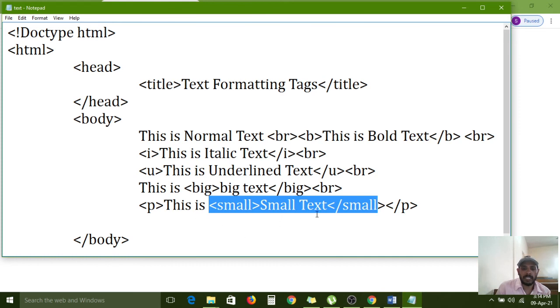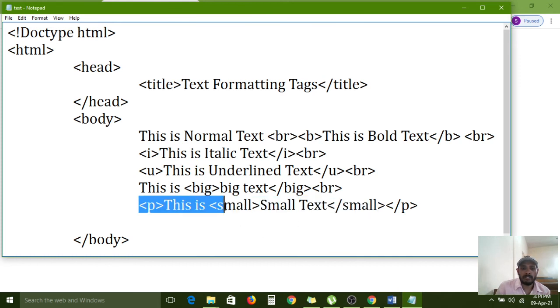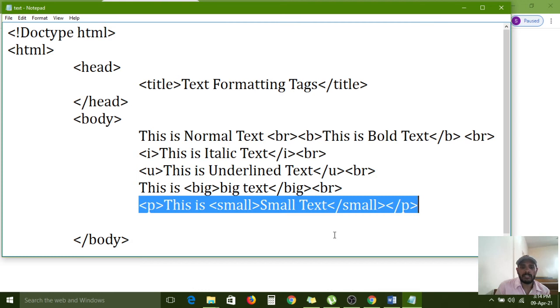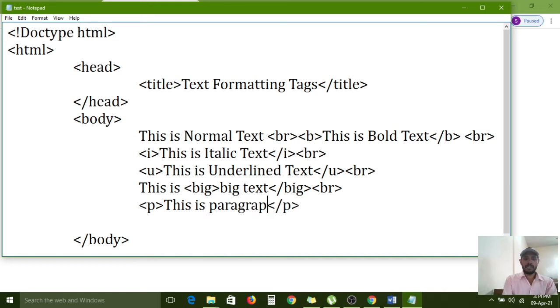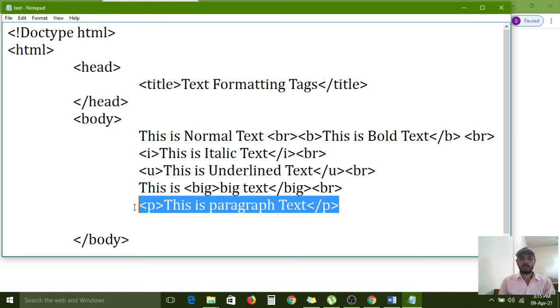Why? Wait. Now I am removing this one. Paragraph, opening and closing. This is paragraph text. Same we are copying.